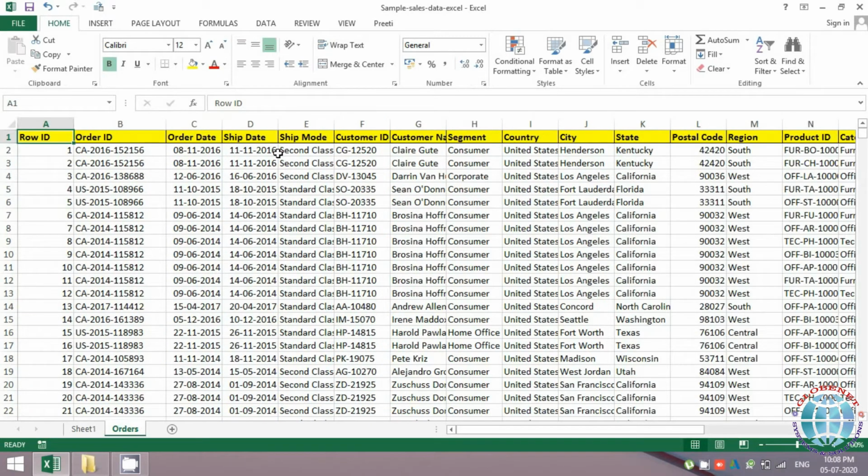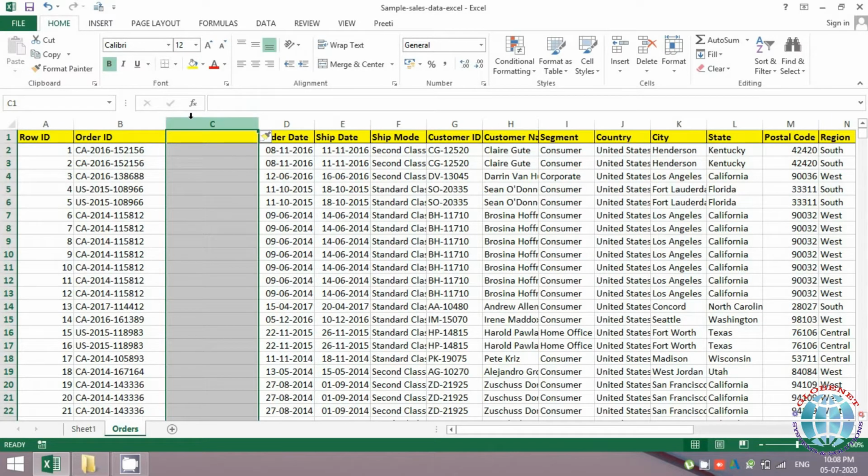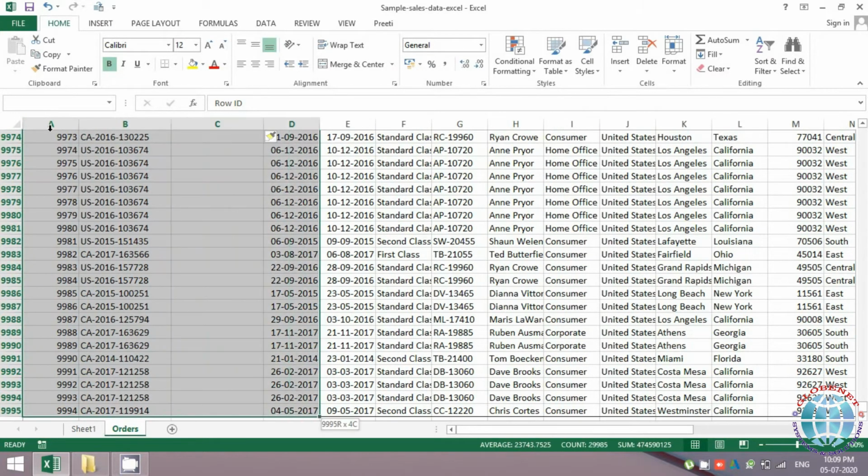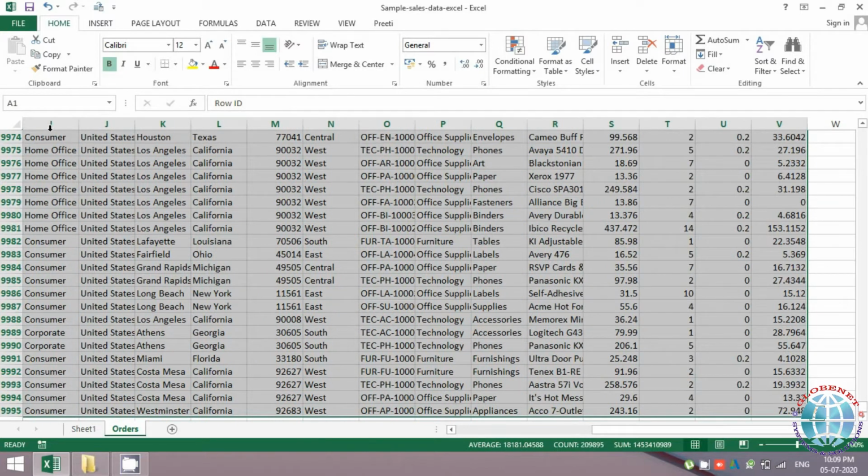Now there are two ways of adding columns. One is if you just do an insert and add a column. To select a column, the shortcut is Control space bar, and to add a column it is Control Shift plus. So for example, you have added a column like this. It ideally would not make much difference because the range was from year till year, right? So it automatically adds the new columns that you've added.